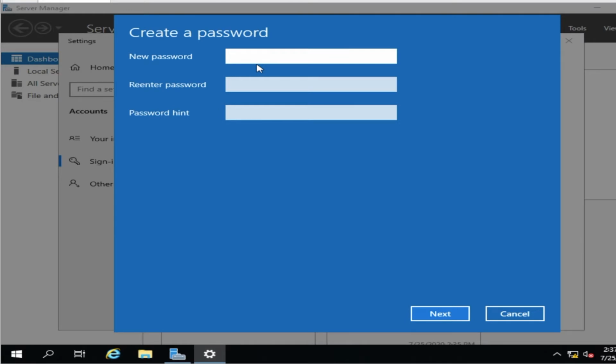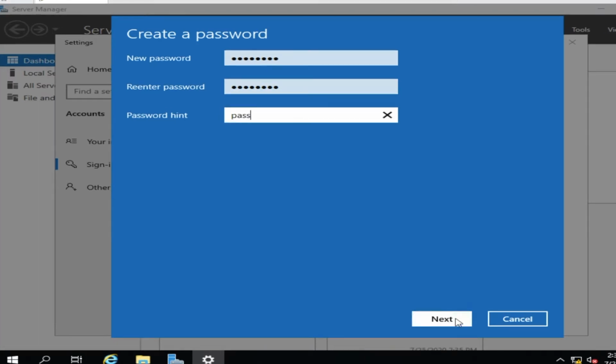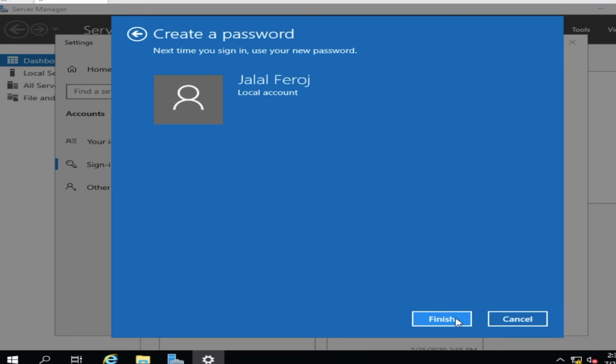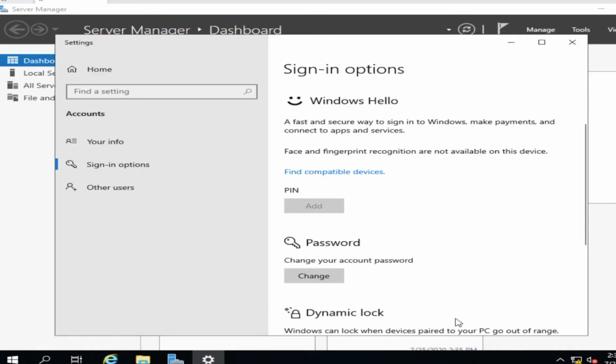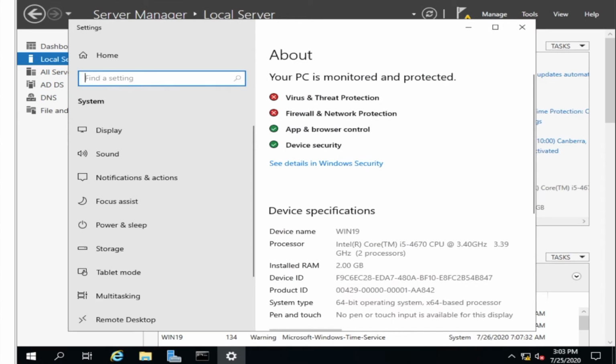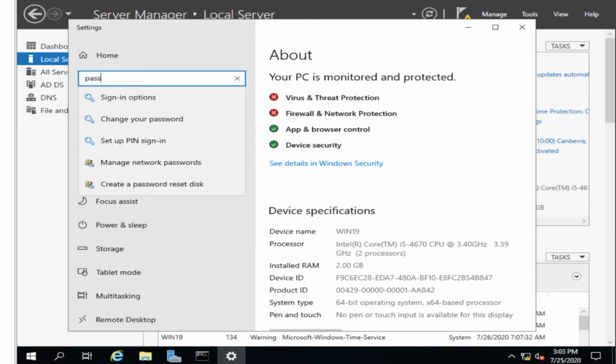Say new password is, put whatever you like, make it a strong one, a strong password, but make sure you remember it too, don't forget. So put a hint. Click next and finish. Type in password, manage network password,